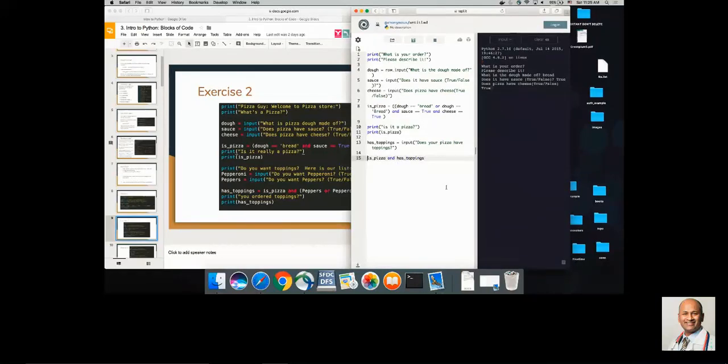And we could say that's pizza. And then we could just print pizza with toppings, and we can say, does the pizza have toppings? If we executed that real quick,